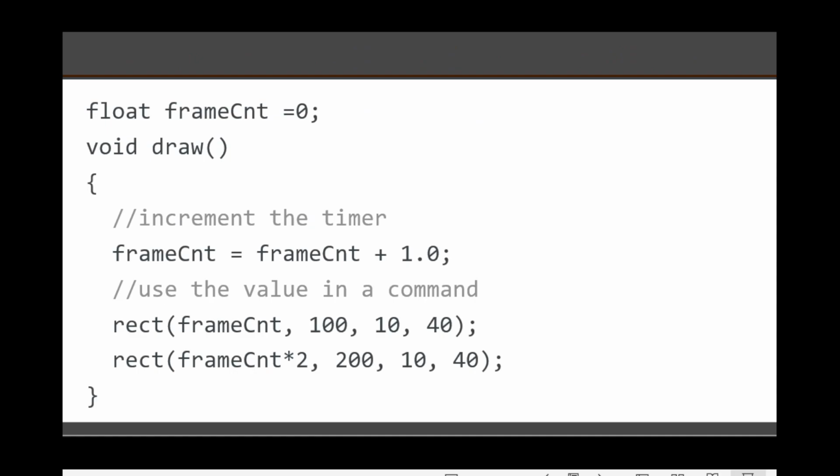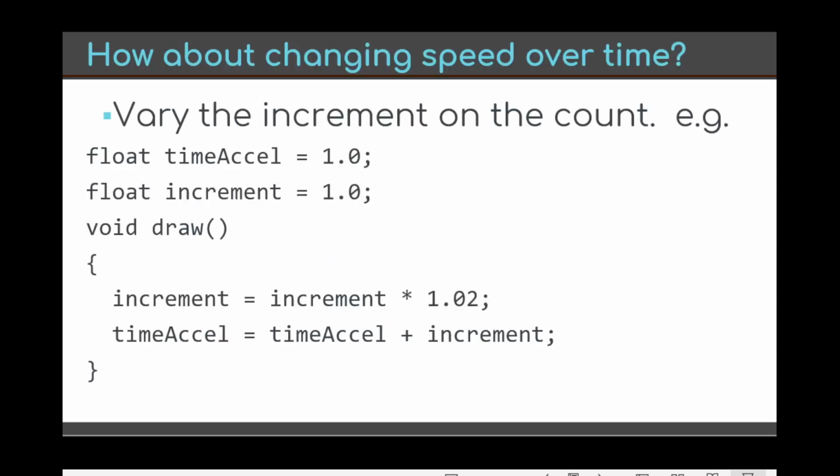So, what about this? This is basically what we had before, right? This is the example we just showed, where rectangle 1 is moving twice as fast as the other based off rect count. Now, what if you wanted to change speed over time? Was the acceleration static at 1 in this case? The velocity is 1, and the acceleration is actually 0. The velocity is 1, so it travels 1